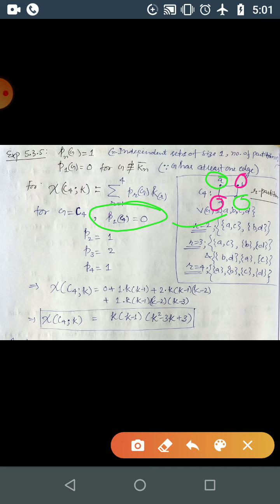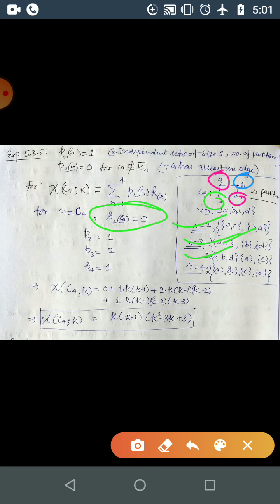Yeah, when r is 3, you have 3 classes. You want to partition 4 vertices into 3 classes, so this can go to the first class, and because this is adjacent with this earlier, this can go to some other class, and this can go to some other. So this is one way, and there is another way also. B and D will be in the same class and A and C will be in different classes. And another way is just the opposite one.